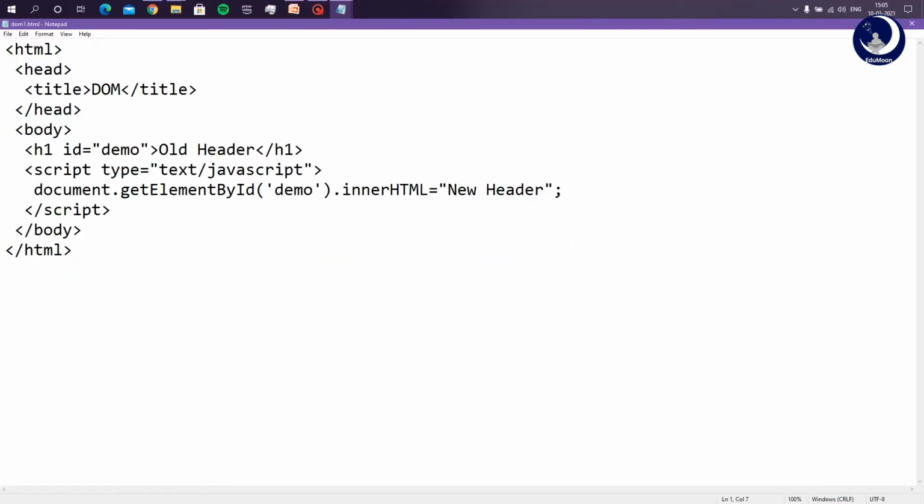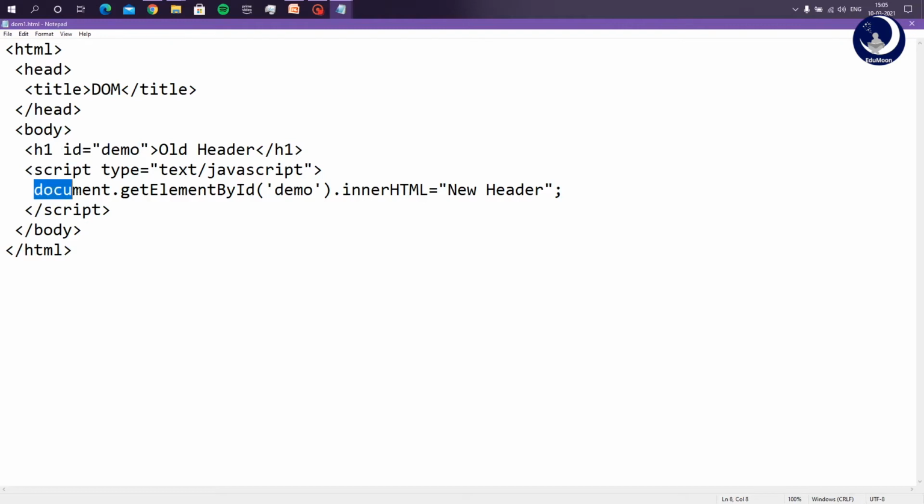This is the first example, and the title of the page is DOM, and the body section has a header called old header. What I want to do is, when I open this page, I want some other content to get displayed instead of old header. So I should be able to find this h1 element. I have assigned the id attribute as demo. So I am going to find the h1 tag by using the id.